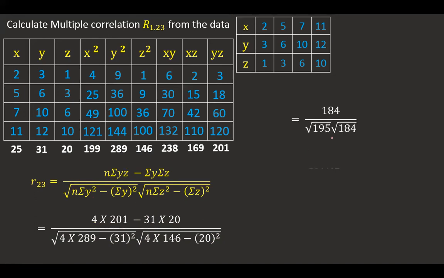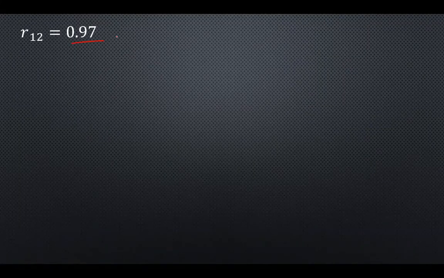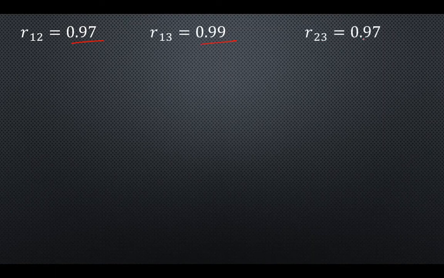So I calculated the value already, just like the previous one. So it comes around R is equal to R13. I'm sorry, this should be R23, right? R23 should be 0.97. Okay, there is some small error here. You can see there, R23. Right, now all three values are with me. So I'm going to substitute in the formula. R12 is 0.97, I got it already. R13 is 0.99. Then R23 is equal to 0.97. So 0.97, 0.99, 0.97.